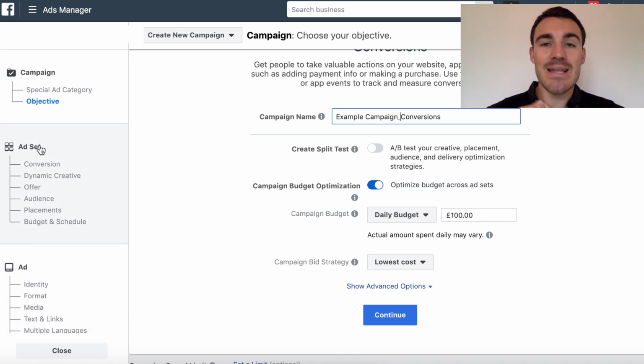Previously, all budgets were set at the ad set level, which means that, let's say you had 3 different ad sets, you would have to set a budget for each ad set, and then that would be divided up between the ads within those ad sets. With campaign budget optimization turned on, you can set a budget at a campaign level, and Facebook will divide that